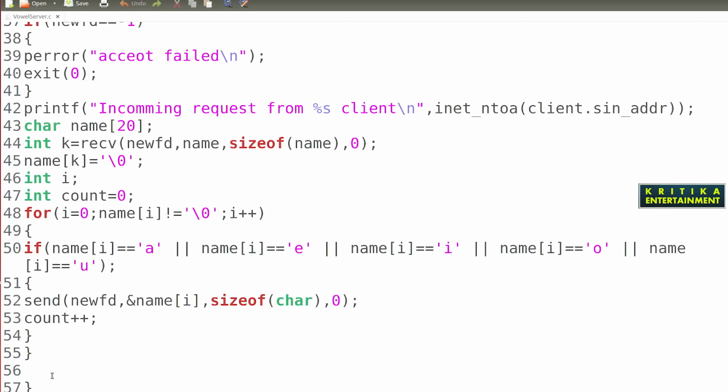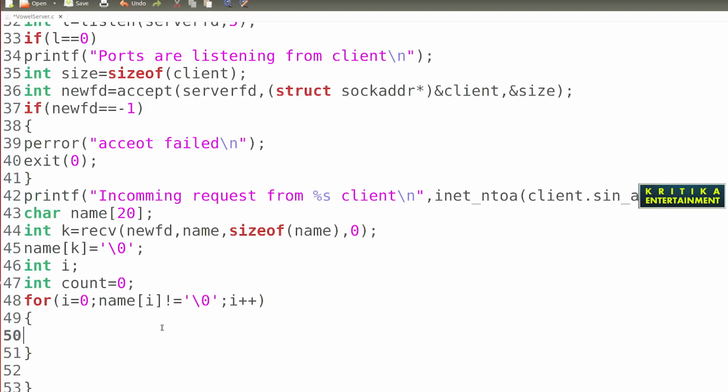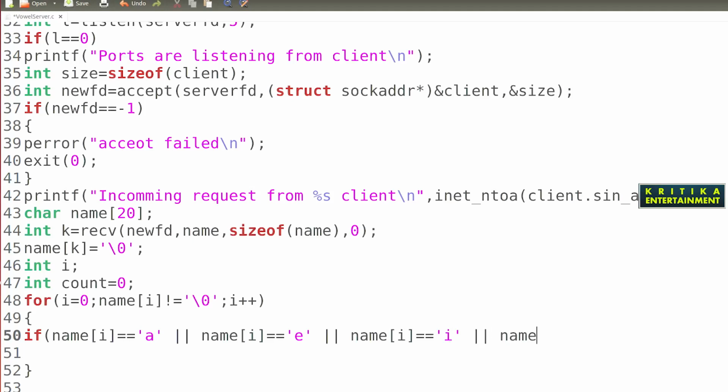Then i equal 0, and here also I will print it first: if name of i equals to A, name of i equals to A E, or name of i equals to A E I, or name of i equals to A E I O, or name of i equals to A E I O U.